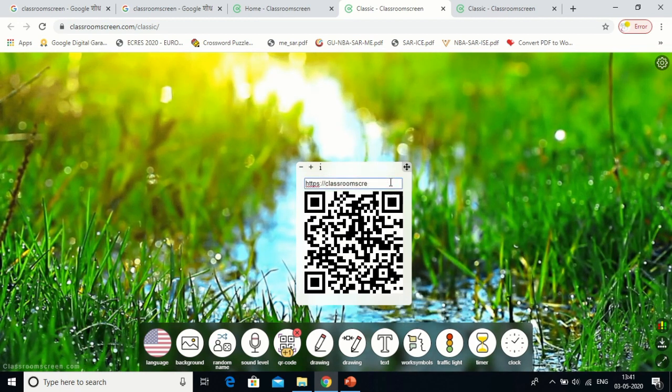After typing the website, a unique QR code is generated there, and that QR code will help them to find the material and get it. For example, if I am writing simply google.com, the unique QR code is generated there, and they can utilize that code and get the information for them.